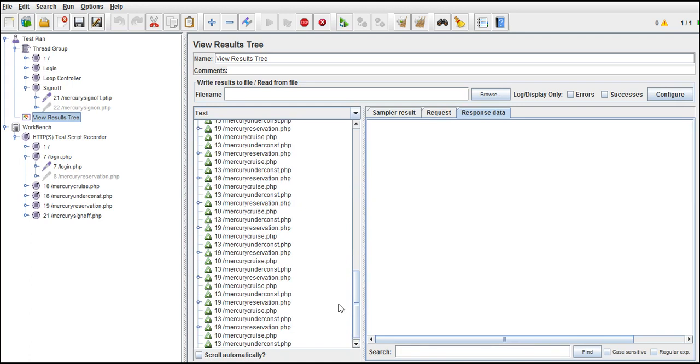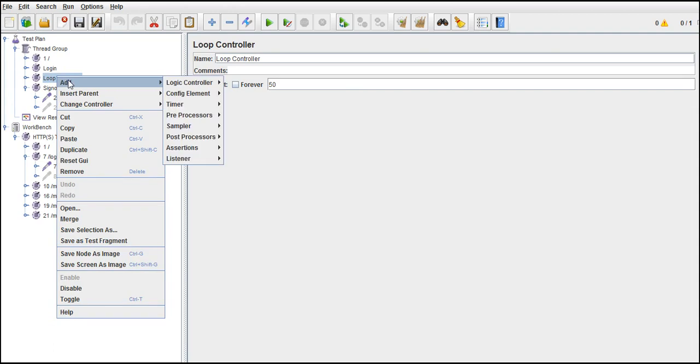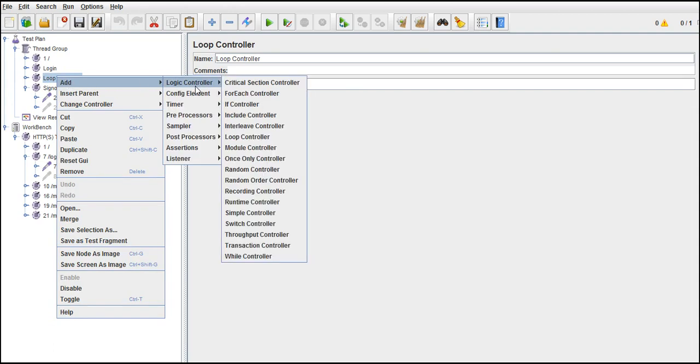I'm forcibly stopping it because the loop has to run 50 times. Now I'll change the controller. Right click on loop controller, say add, and select while controller.